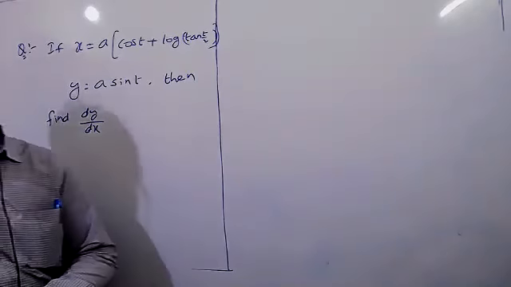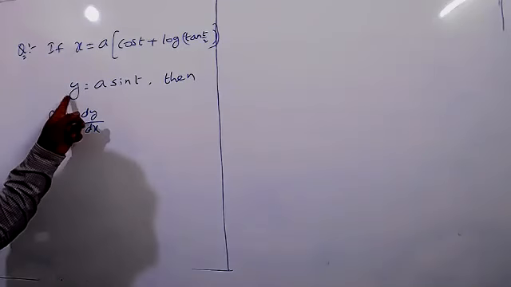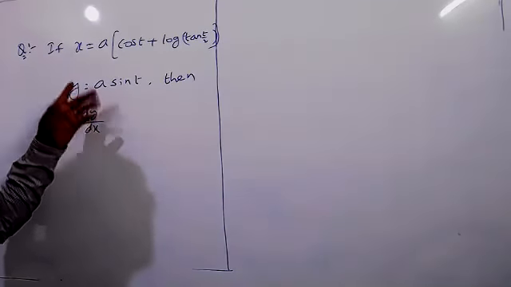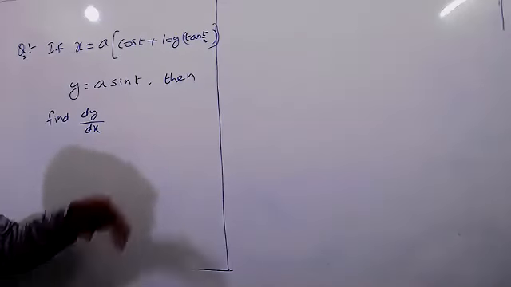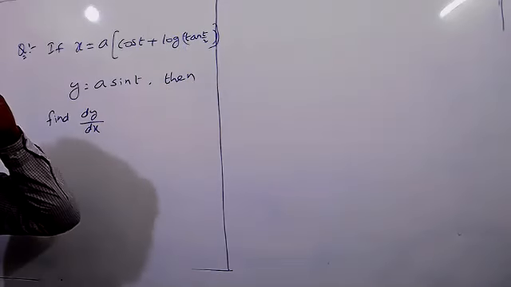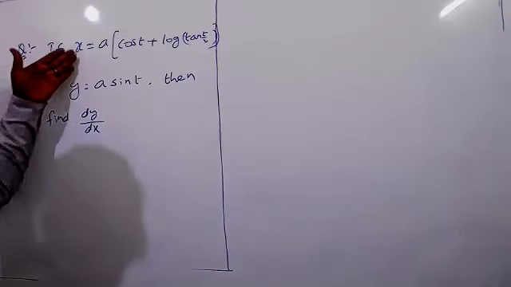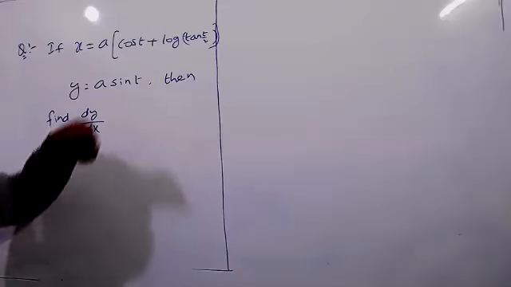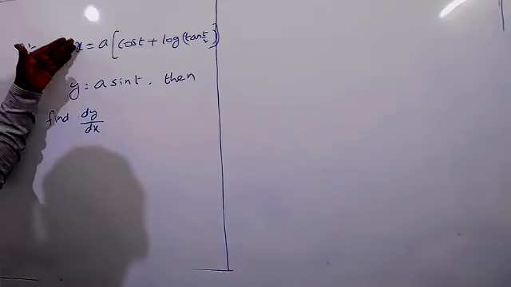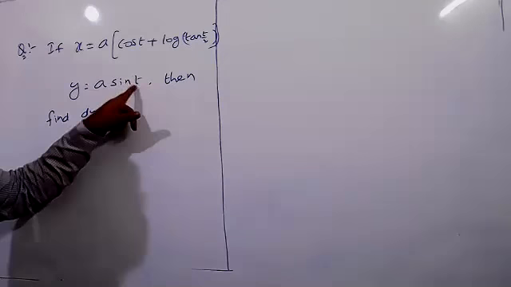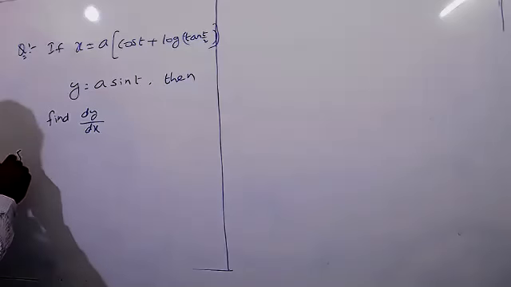The question is okay. See, it's very easy only. For the second function it's very easy, but coming to the first function we have to give small concentration, especially for the second term, log of tan t by 2. That is more important. Here x comma y are two real functions and t is the parameter. That means first differentiate these two functions with respect to the parameter t, because t is the third variable here.